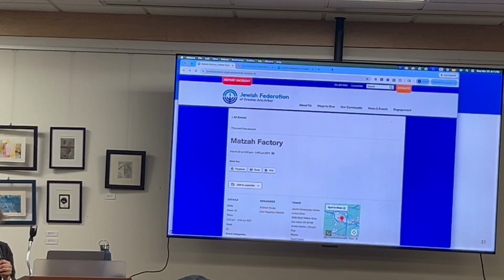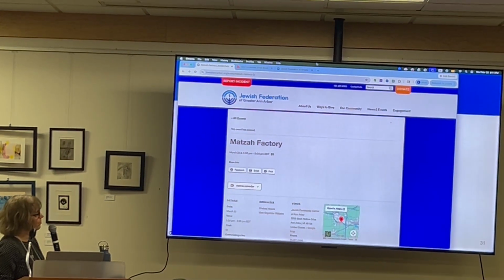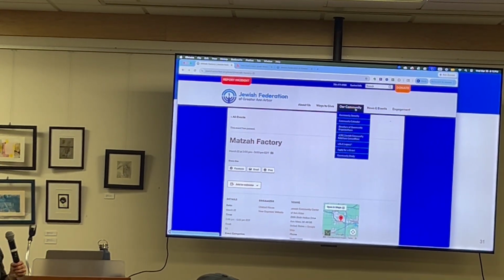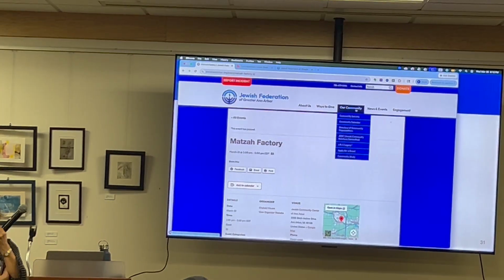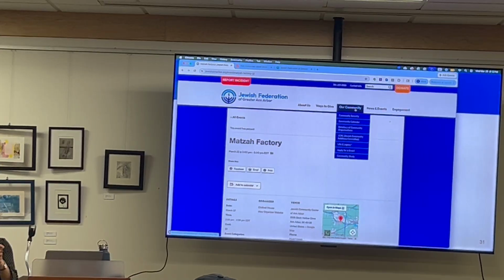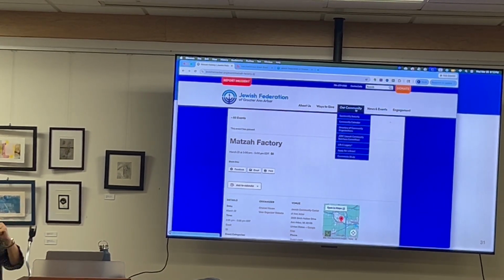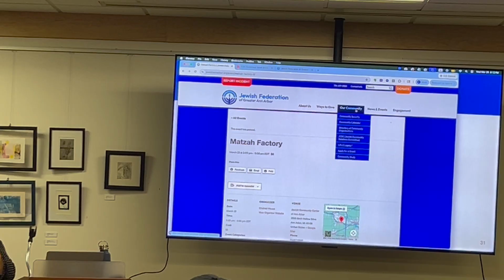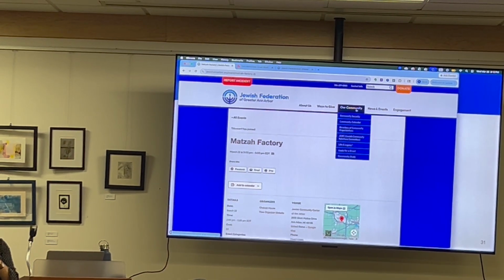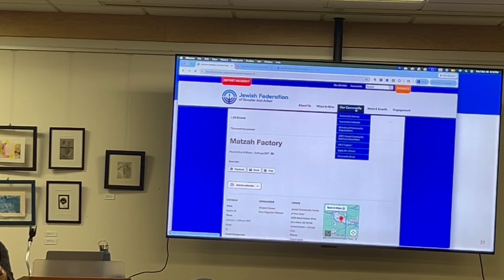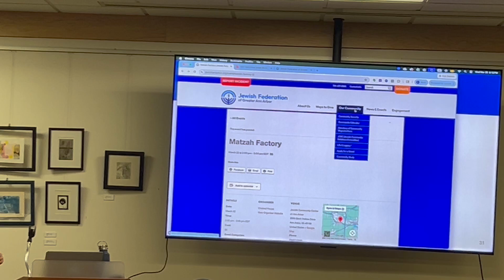And if the person registers for an event on JLive, sometimes it's sending them back to the Federation or our temple website. But when they would do it on our temple website, they would be logged into Shul Cloud. They'll still be logged into Shul Cloud. What you're going to do is put the link to Shul Cloud to do your registration, and then it's going to bring them right to Shul Cloud. Well, I know they'll go to Shul Cloud, but they have to log in again. I wouldn't think so. If they're already automatically logged on to Shul Cloud, I find that I have to log on almost every time I go on, every five minutes or so, I feel like.